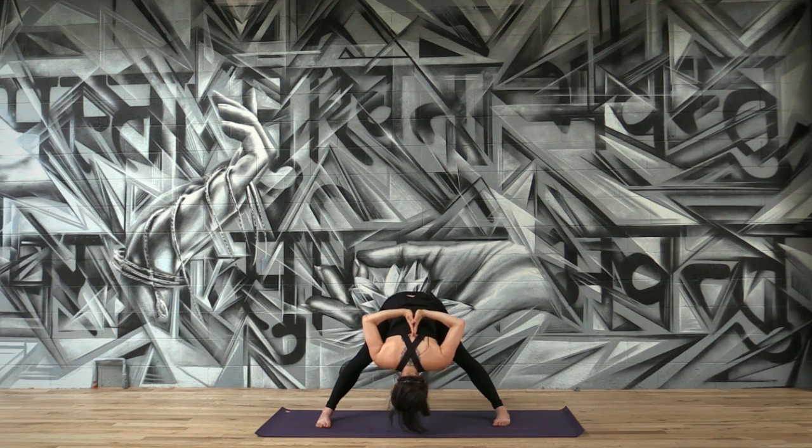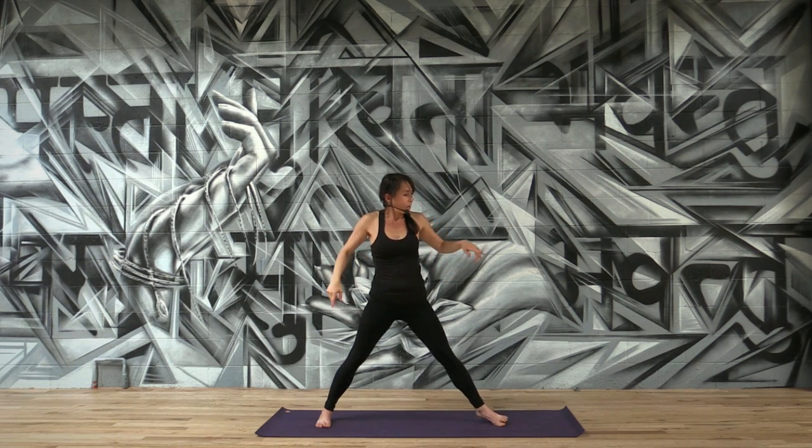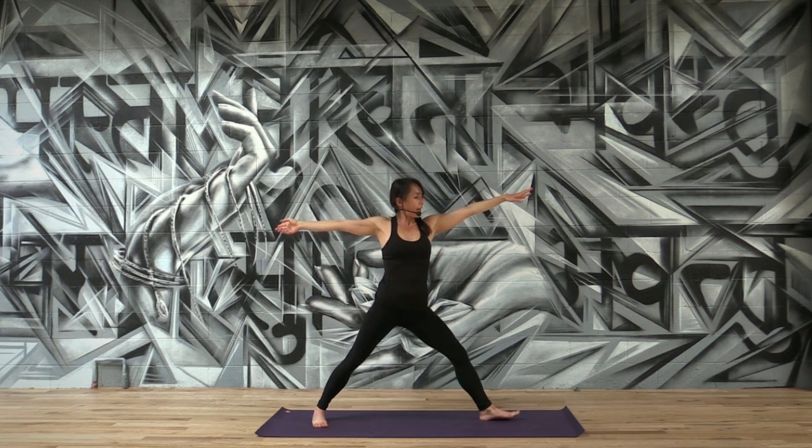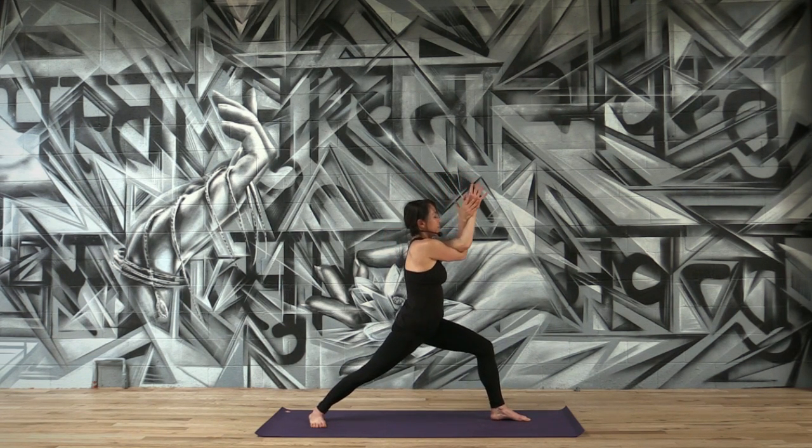Good, and then come back up to stand. And turn your left foot back out. Bend the left knee. You're in warrior two. Again, right arm under the left arm for eagle wrap. Turn towards the left leg